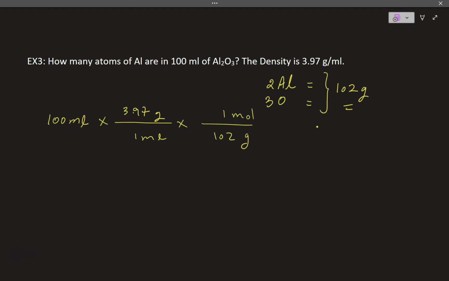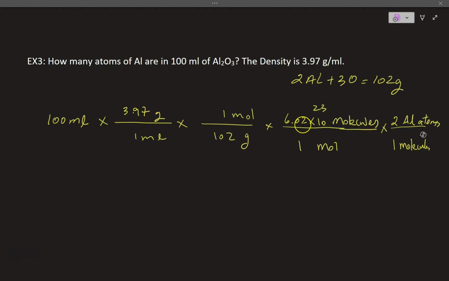That's the molar mass. And then we're asking for number of atoms. So in 1 mole, we have 6.02 times 10 to the 23 molecules for every mole. And also we have 2 aluminum atoms for 1 molecule of